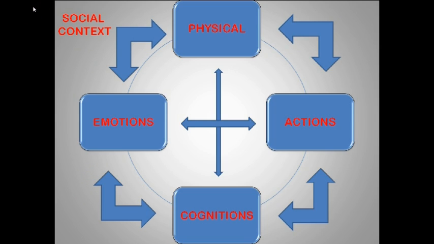So as you can see, the social context sits outside of the four main interacting aspects of the SPACE model. The social aspect is the situation which the athlete finds himself in. Underlying that, you have four different sections, which are physical responses, your actions or behaviours, your cognitions, which are your thoughts, your internal dialogue, and your emotional responses. Those are really the four different ways in which athletes can react in any given situation.